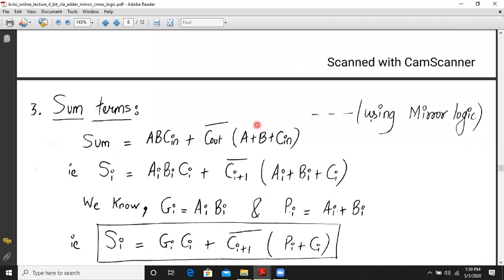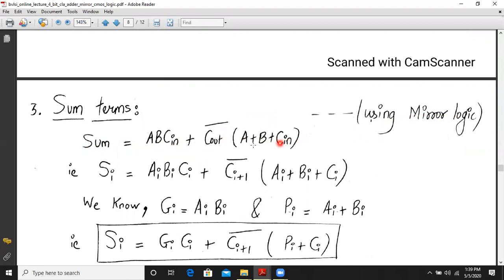Now let us focus our attention on the sum terms. It is slightly different, so we have to implement it using mirror CMOS logic. Concentrate on the sum term. We derived this while deriving the static CMOS implementation using the inverting property.